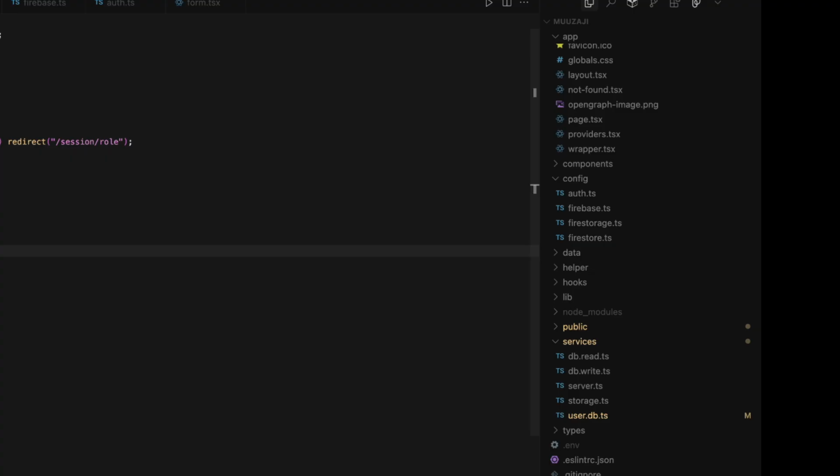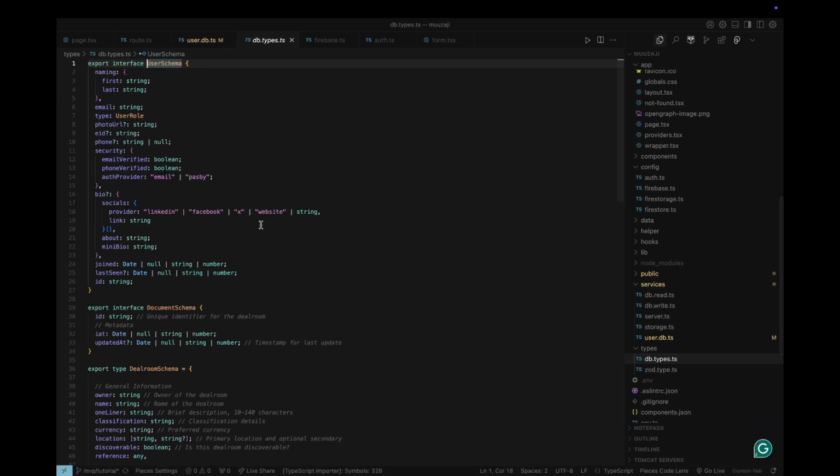Here's a quick look at the code base. We've got a clean setup with the front end in Next.js, Firebase handling our user data and storage. Considering we are working with a NoSQL database in this situation, we structure the user schema to look this way,